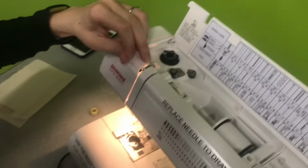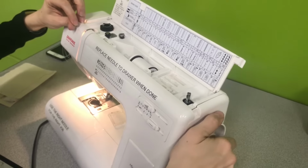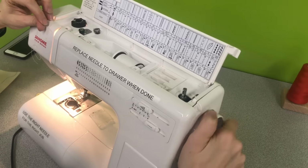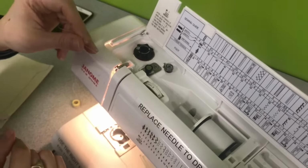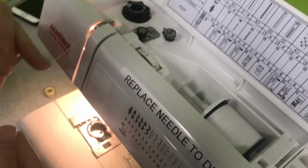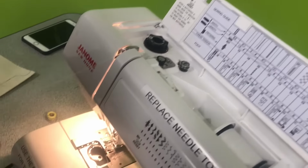Right here you have this metal lever. You can see the wheel on the right, the manual wheel will make that go up and down. That's also making the needle go up and down. There's a slot on the underside of it, and the thread is going to pass through and in there from the right to the left, and you should be able to feel or hear it kind of pop into that